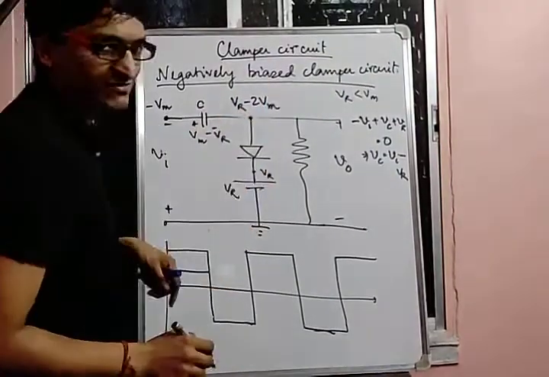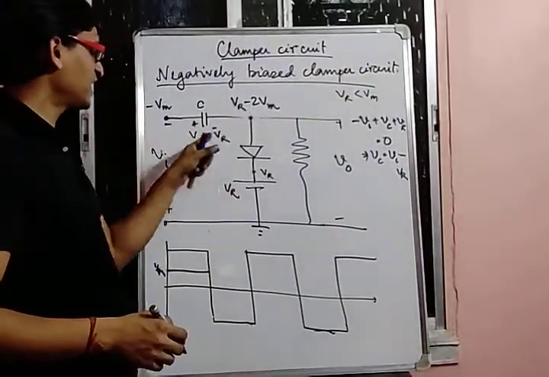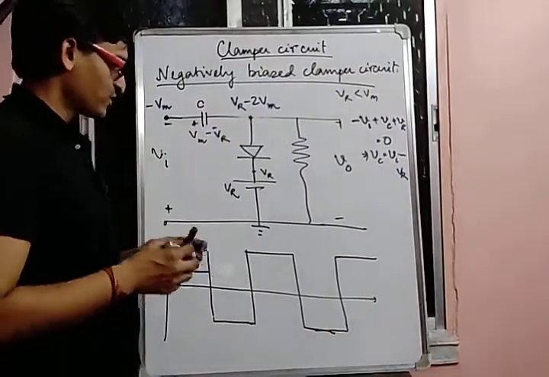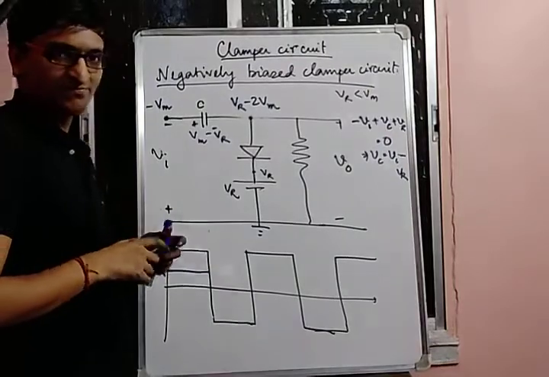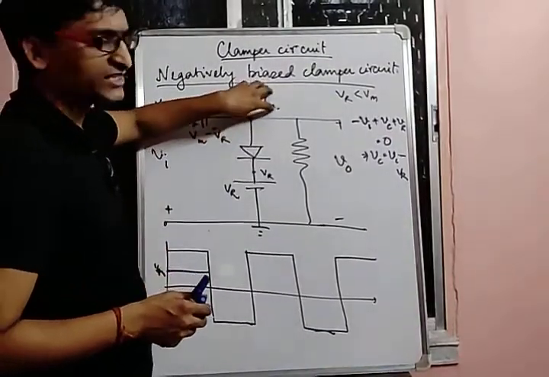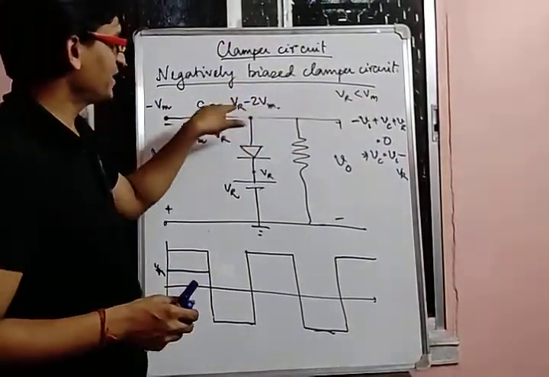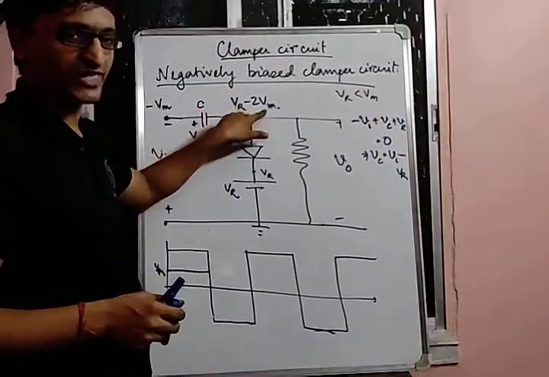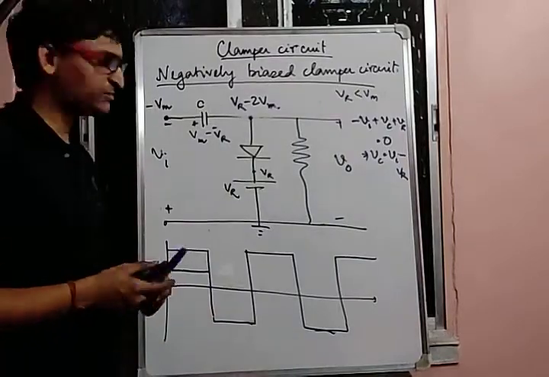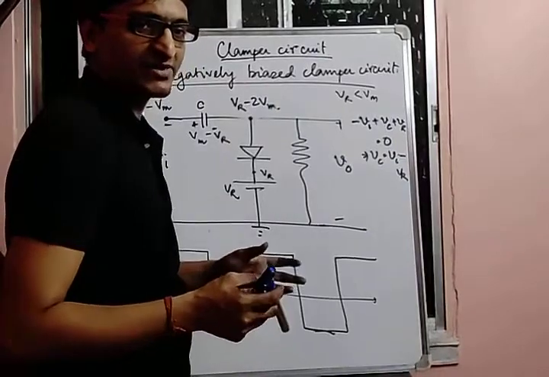Yeah. So it should be somewhat like this. This one should be at a higher potential. So if I subtract this with this, I will be getting Vm minus Vr. So it's Vr minus twice of Vm. So we are getting a voltage somewhat like this at this terminal. Obviously this will be a negative term because Vr is less than Vm. If Vr is less than Vm, then obviously Vr will be less than twice of Vm. So this will be negative. So that means the diode will be reverse biased. Since the diode is reverse biased, this entire voltage will appear across the resistance R. That means it will appear at the output.